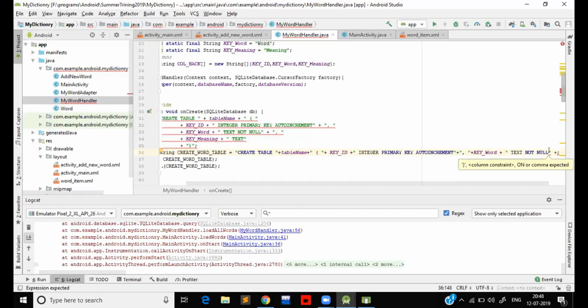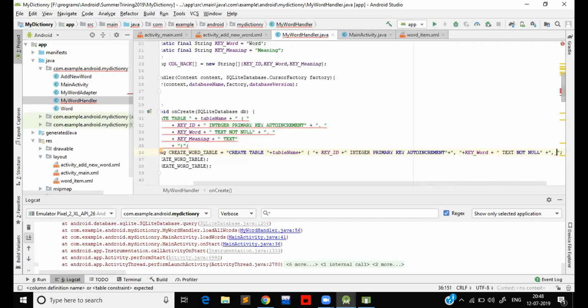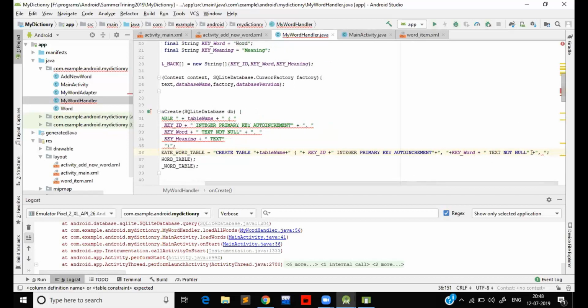Okay, now we are having this comma, space. Again, it says table constraint expected. Yeah, we need to add